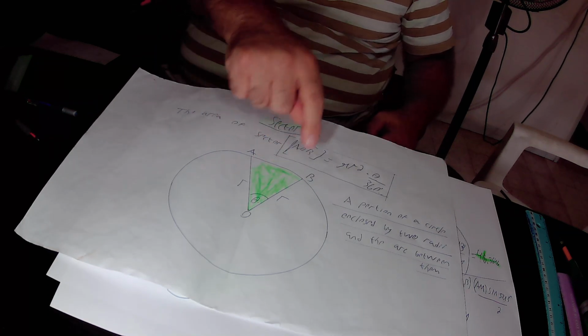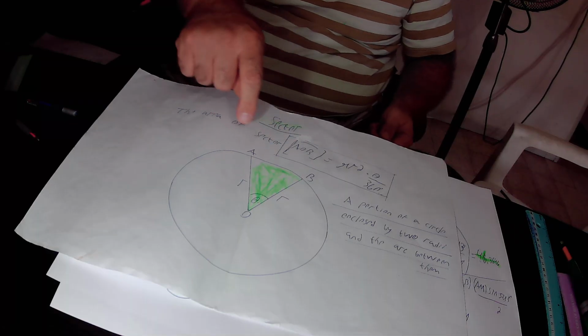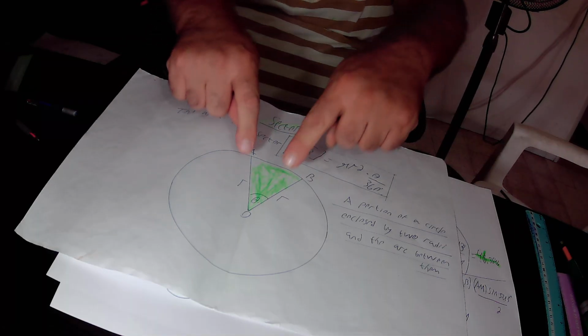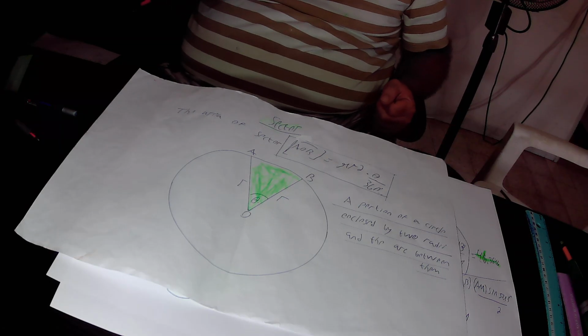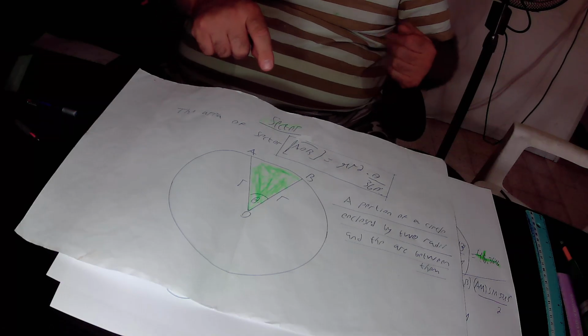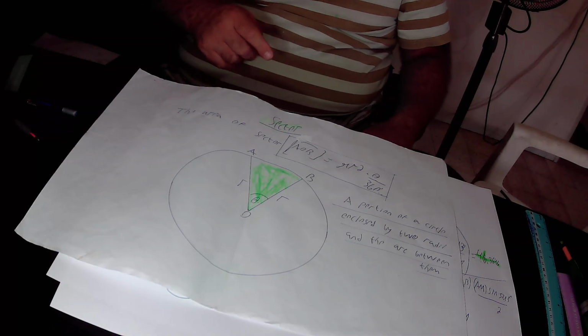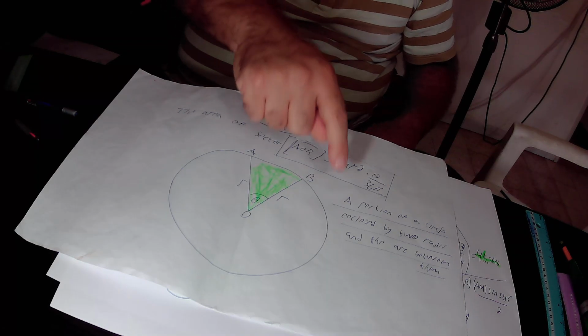The green shape AOB is sector AOB. A sector AOB is a portion of this circle with 2 radii and arc AB between the 2 radii. The 2 radii are defined as the legs of the sector. And the area of this sector equals the area of the circle that contains the sector, that is pi